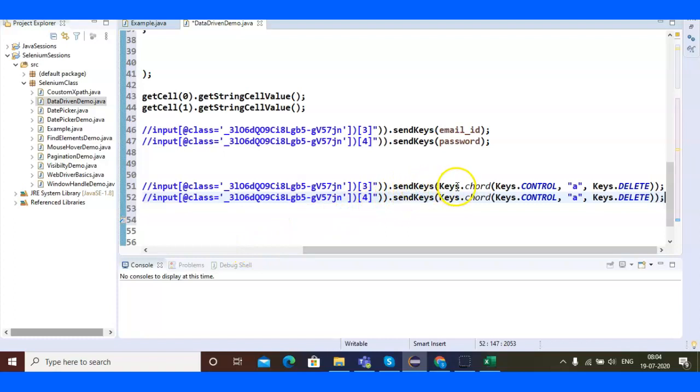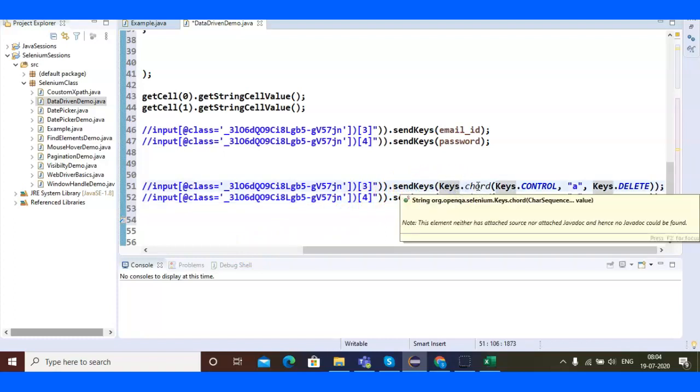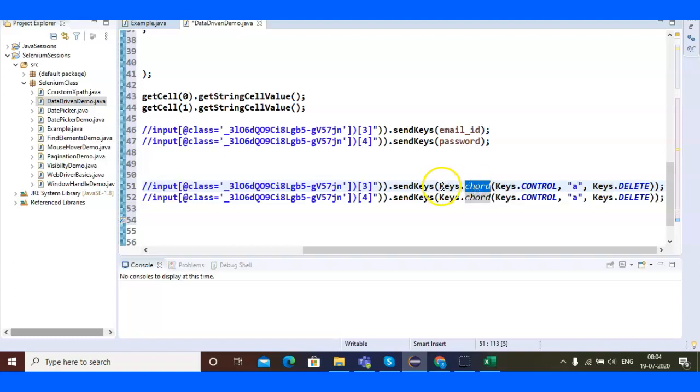See, this is a method in Selenium, which is inside the Keys class. There is a method chord. Inside this chord method, I have to pass the argument as Control Alt Delete. So this will